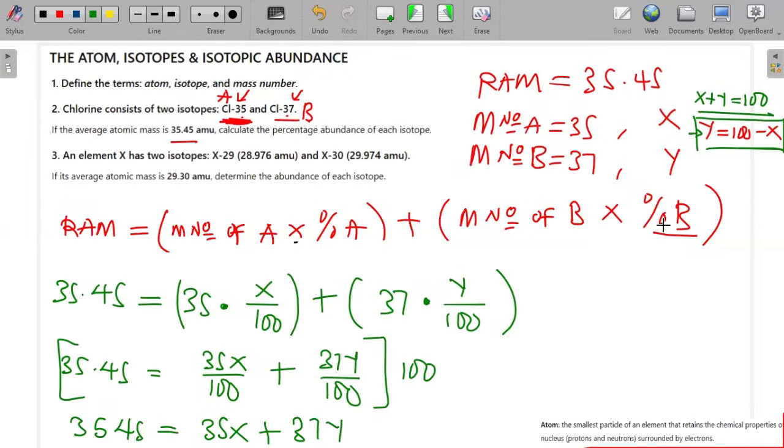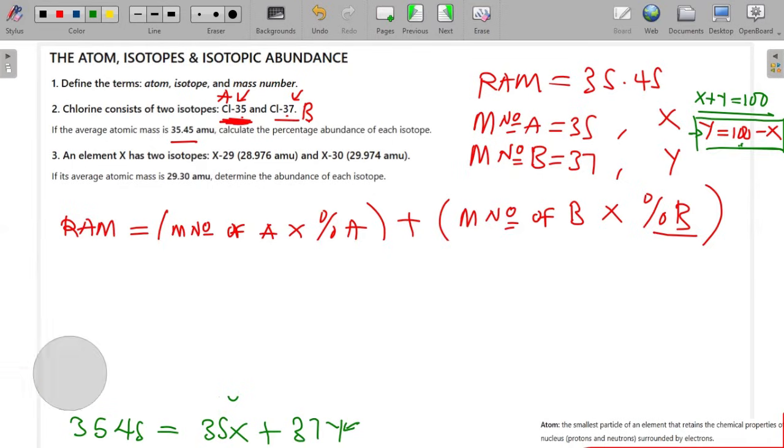And then if I express y in terms of x, I'm just going to get 100 minus x, right? So where there's y here, I'm now going to put the 100 minus x. But if you want, you could have put it just here. It will still work. So I'll erase this part, and then I'll have 35.45 is equal to